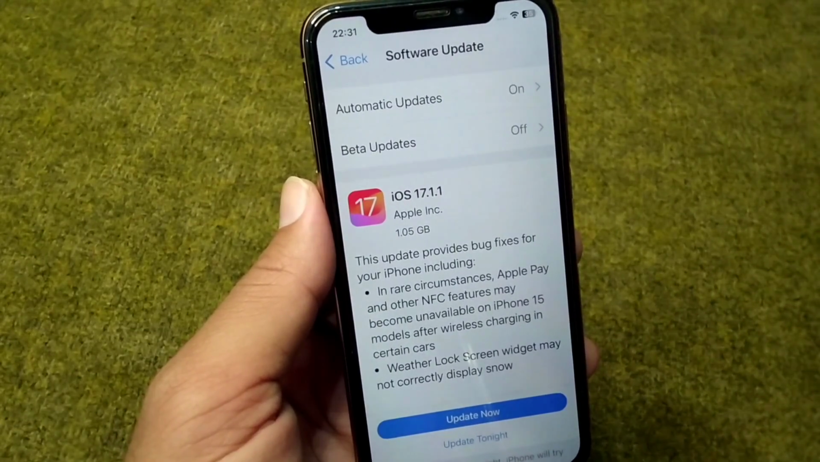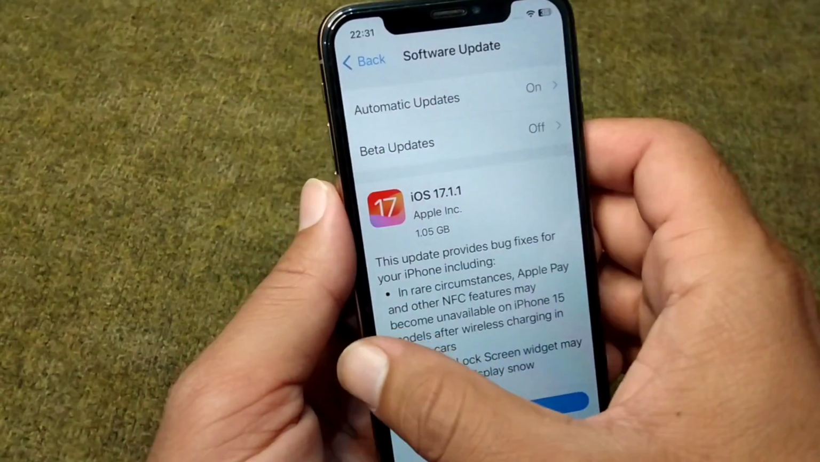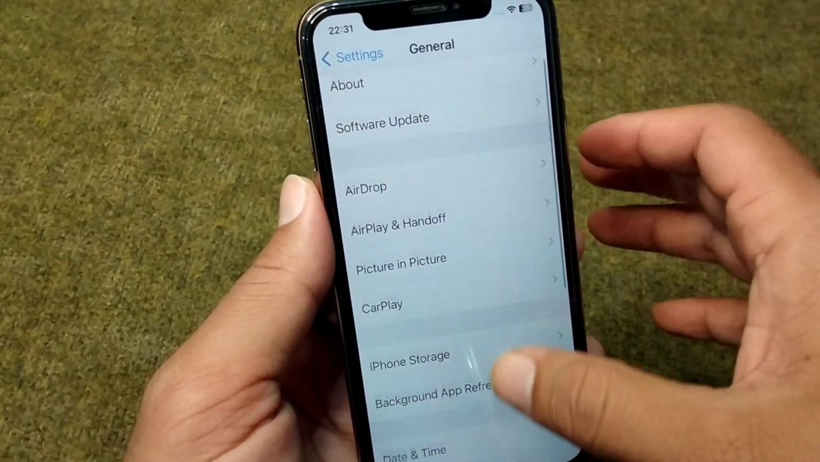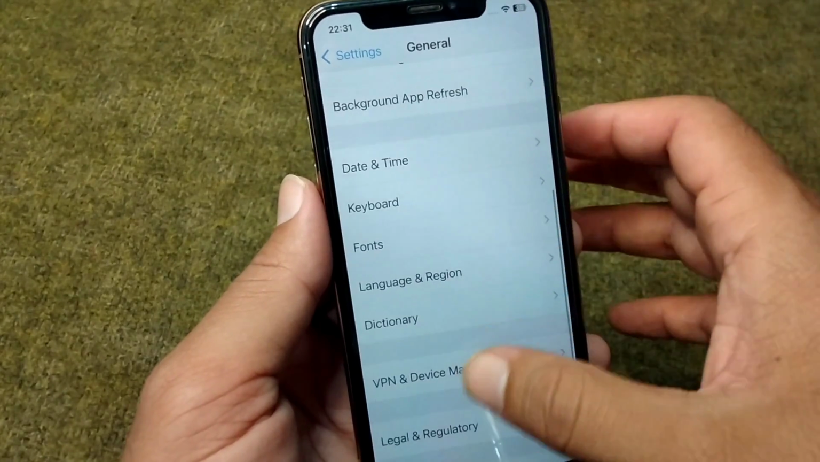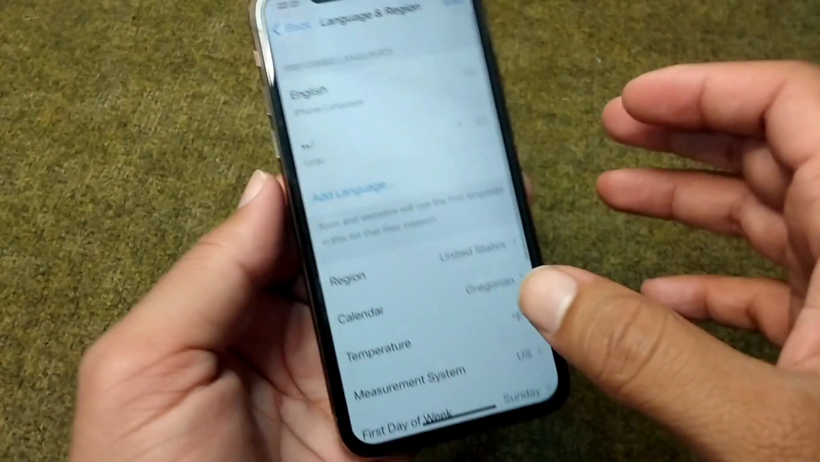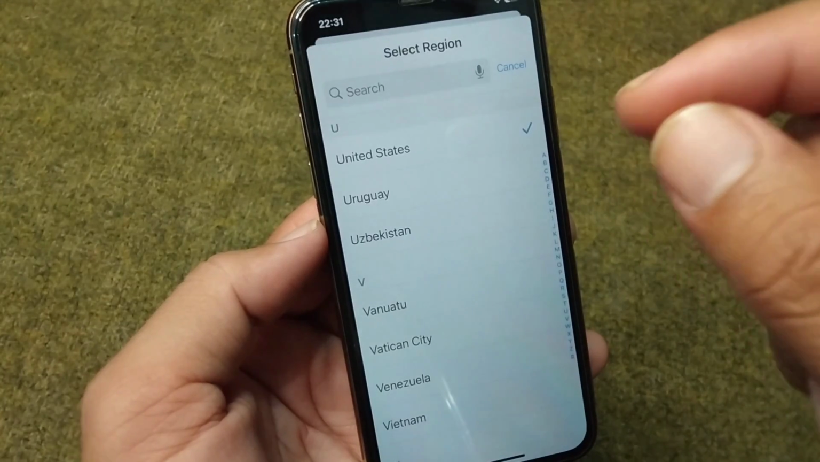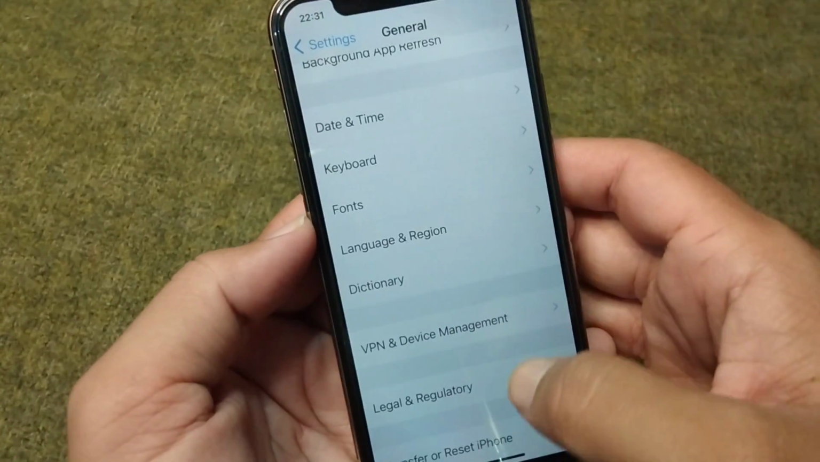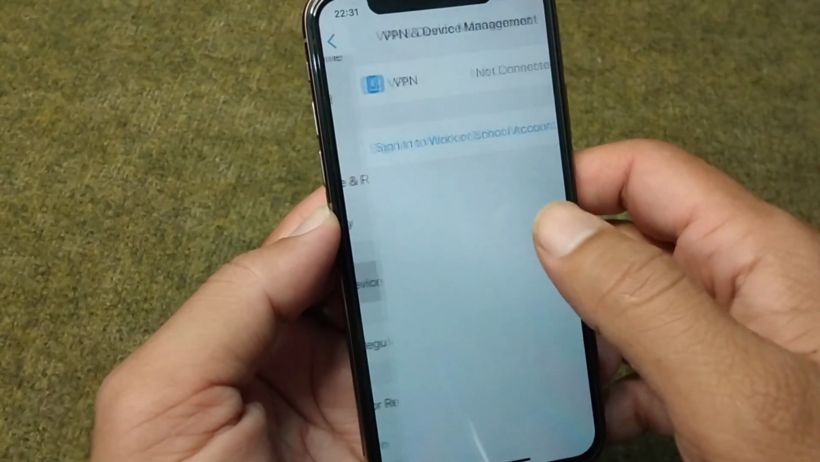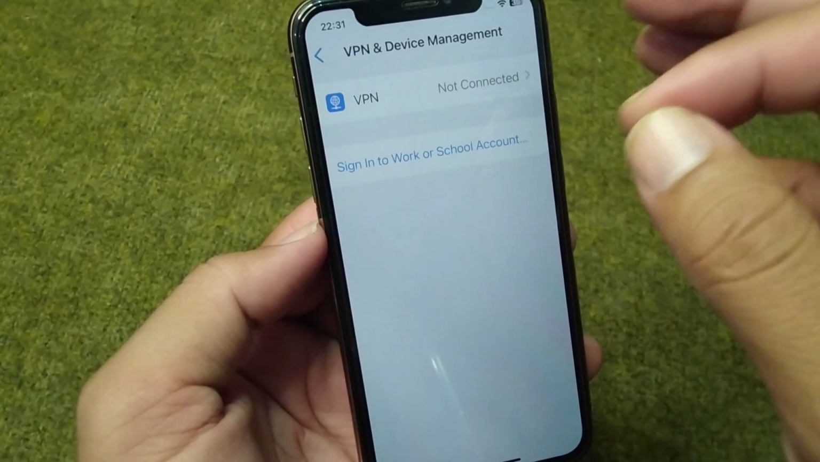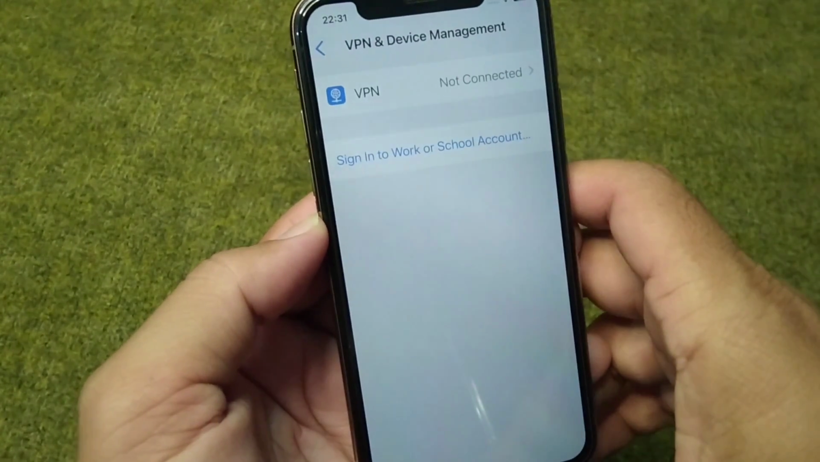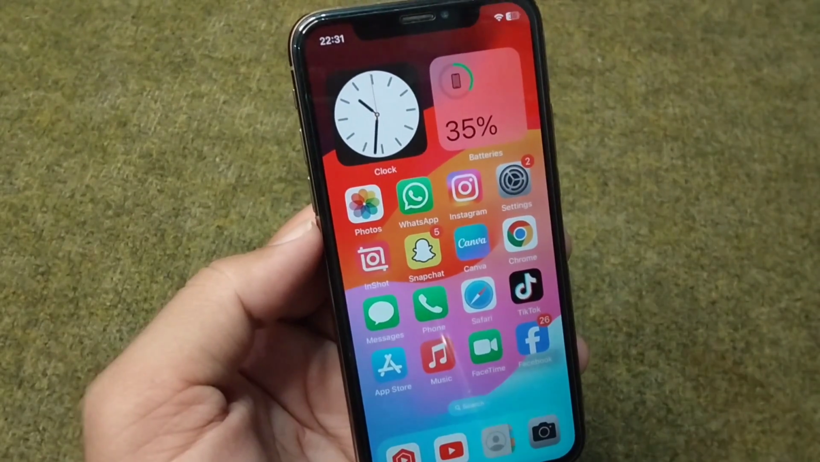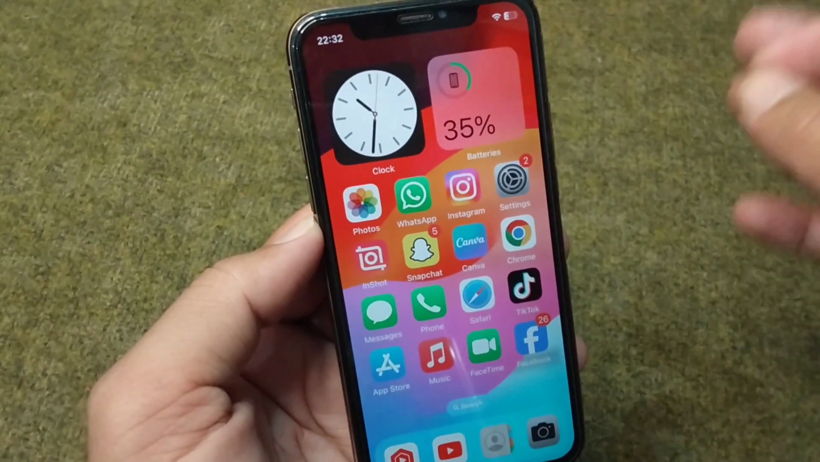So guys, if there is any update available, simply update it, and after this go back, and from here scroll it below and tap on language and region, and from here select your country or region correctly. So after this go back, and from here tap on VPN and device management and make sure that there is no connected VPN in this device. So after this, check if the problem has been fixed or not, and if you are still facing this